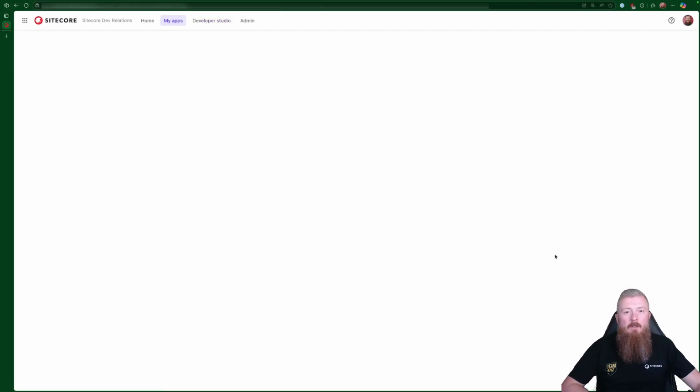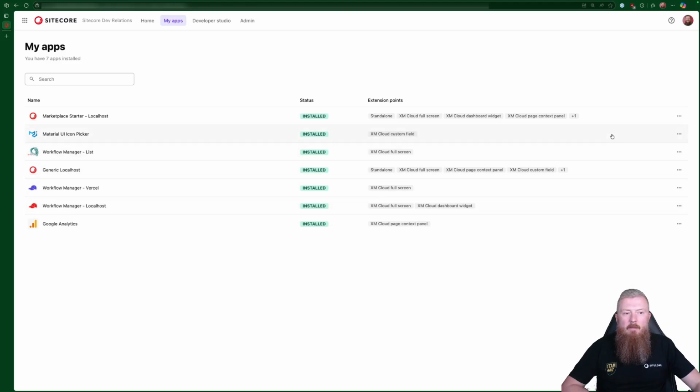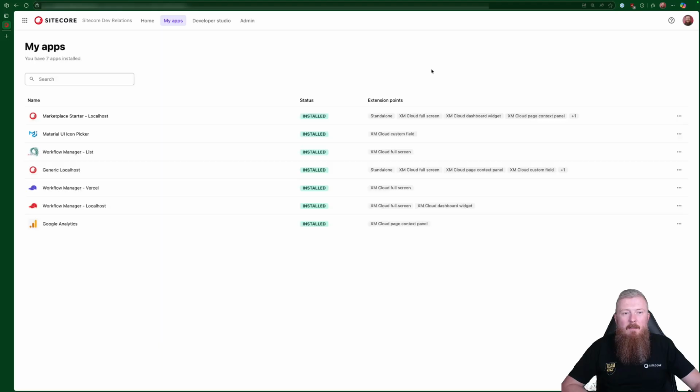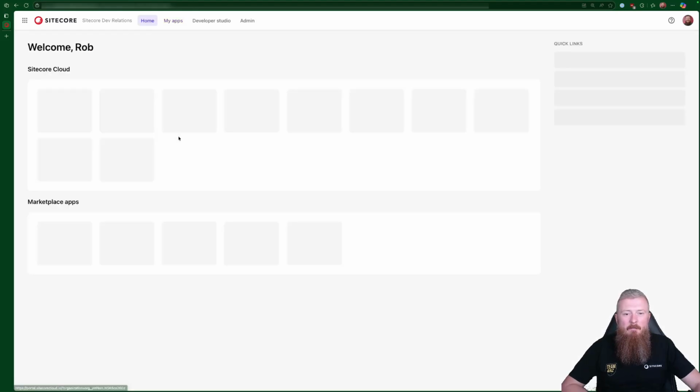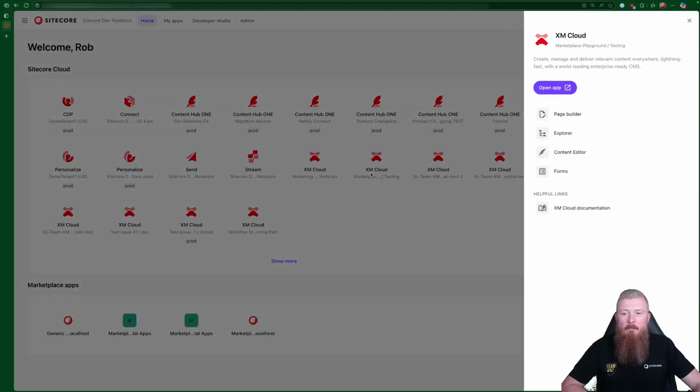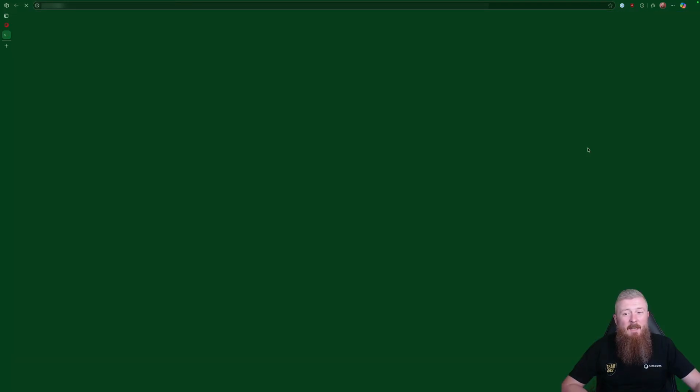If I now switch over to the My Apps tab in Portal, it'll show me which apps I have installed specifically in which environments. I can find my Material UI icon picker, and I can go and view the installation options. I can see it's installed in my Marketplace Playground testing environment. So let's hop back to the Portal homepage, find that environment in our list, and we're going to start off first by taking a look at the content